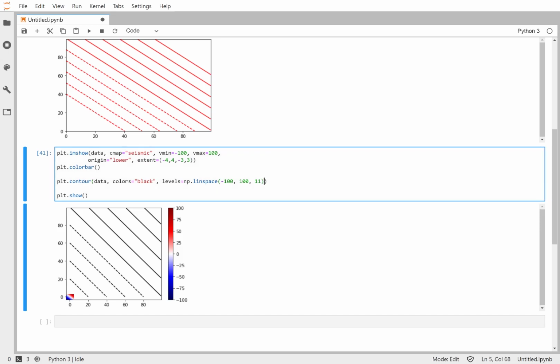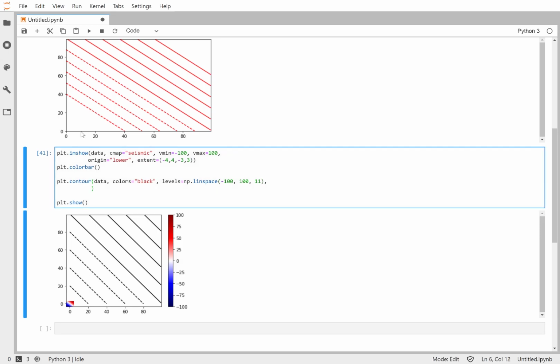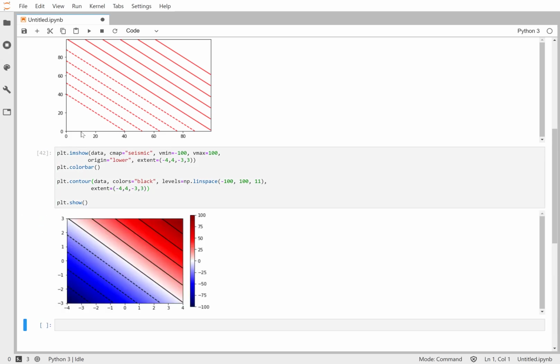The solution is to add extent to contour. It acts just the same as it does in imshow. And I want to use the same extent, of course. -4 to 4, -3 to 3. So now if we plot that, we get a nice final result where we have our imshow for the coloring in the background. We have the contours drawn on top. We get this nice negative dashed for the negative values, just to really reinforce that these values are negative,